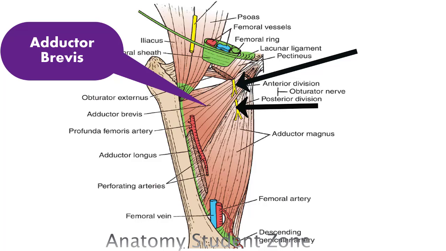Why am I focusing on this? It's because this unique relationship is useful, and this is very important in identification of this muscle on dissection, and also in anatomical cross sections when you are going to observe these cross sections. So the part of the nerve that will be superficial to this adductor brevis will be the anterior division of the obturator nerve, and the part that will be posterior to adductor brevis is the posterior division of the obturator nerve.